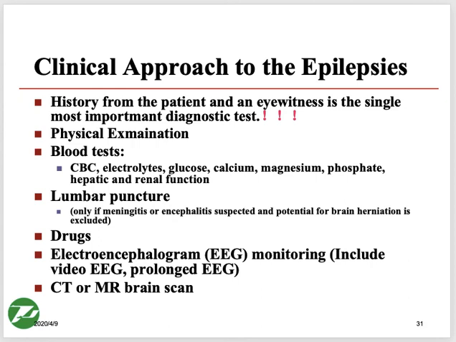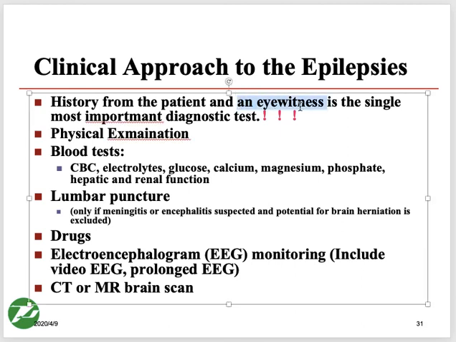Okay, by the way, for any patient who comes with a seizure, first of all in the history, we try to catch whether it was a real seizure or something else, that is, the differential diagnosis. So always take a parallel history from an eyewitness, right? It's a very important diagnostic test, you can say, because we will ask how he was behaving, what he was doing, what his body movements were, and so on and so forth. Very, very important. Then we do a physical examination.